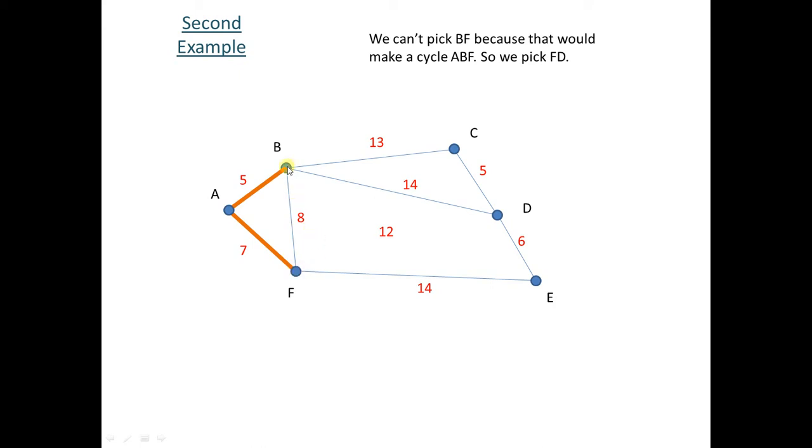Well, we can't pick that one because it would make a cycle. Okay, you're not allowed to make cycles. So instead of picking 8, look for the next smallest, which happens to be this 12. It was there, yeah, F to D. So pick that one and draw that one in. Right, now look at nodes B, F and D. Pick the arc with the smallest weight. It happens to be this one here,